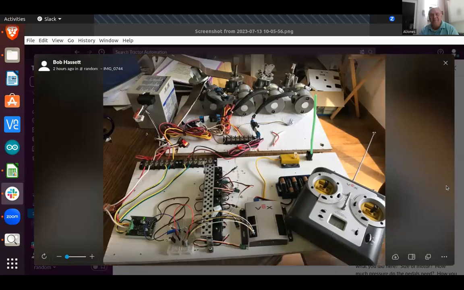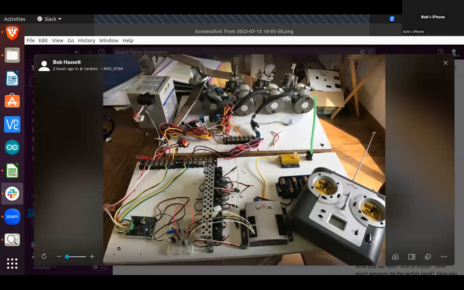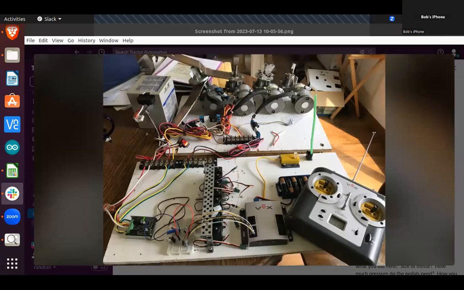Here it is. This was my first test bed. That VEX system was developed for high school kids back in 2005, and it's been sitting in the box. I got too impatient to develop remote controls, so I started looking into using this.